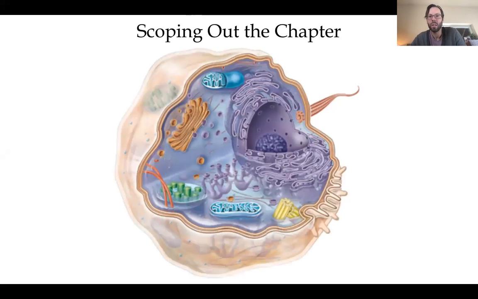This chapter is going to be looking at, first of all, what makes eukaryotic cells different from prokaryotic cells. And of course, we all know the differences because it's been discussed in several lectures. It's been on quizzes, on the midterm. So by now, you know that prokaryotic cells are different because they don't have membrane bound organelles, they don't have nuclei. And so the microbes we're talking about now do have those things.